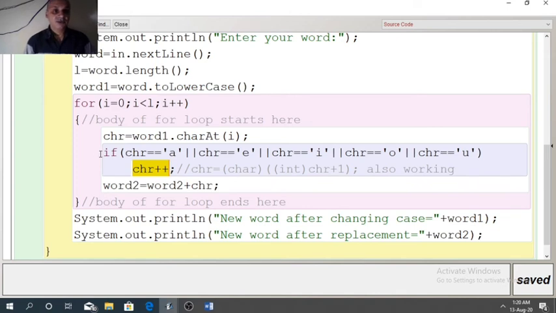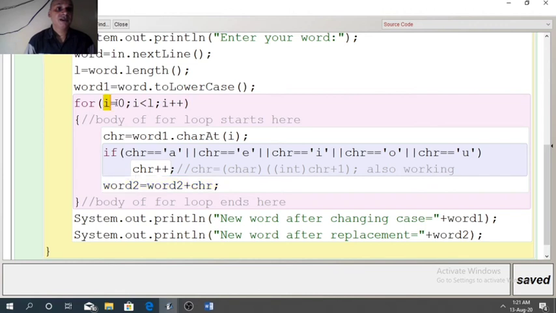So if vowel is found, only then CHR will increment by 1 because it is in the body of if. And if vowel is not found, then this statement will not run. But this statement will run every time whether vowel is found or not found, since it is outside the body of if.